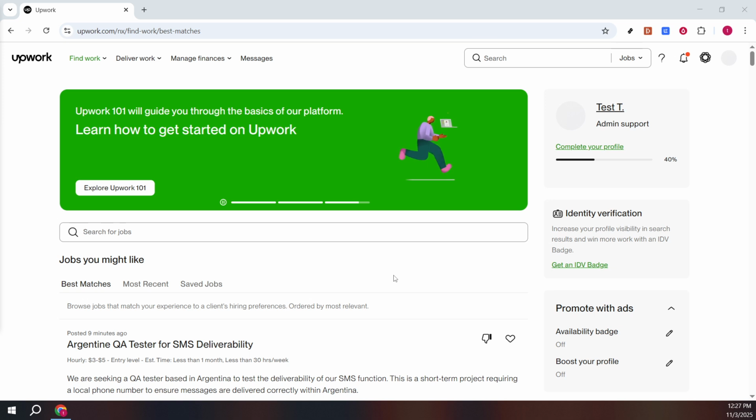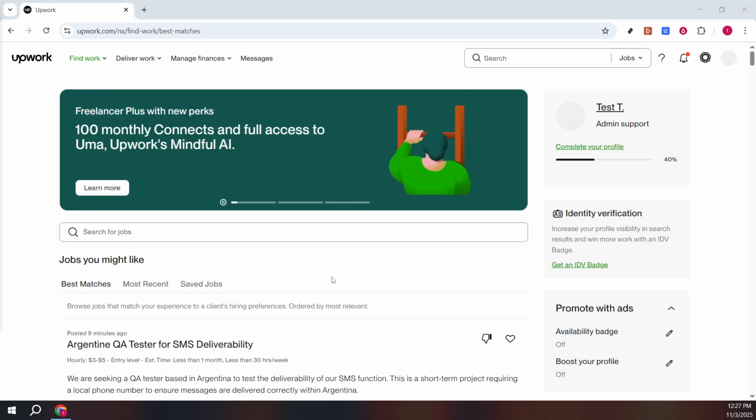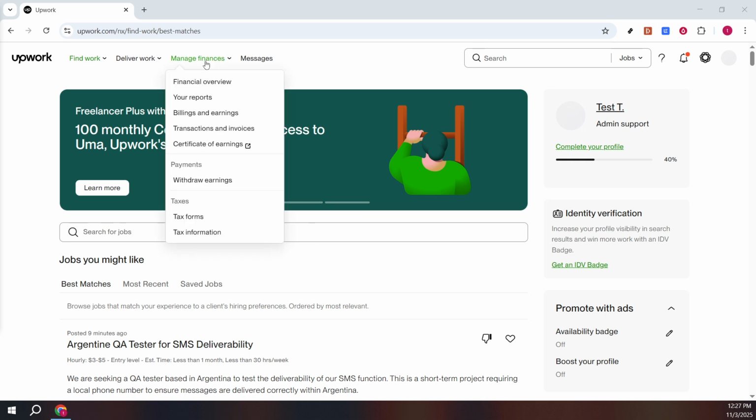Let's dive in. First things first, open your preferred web browser and navigate to the Upwork homepage. Once you're there, you'll see several options on the top menu. You need to locate and click on the Manage Finances option. This section is essentially your financial dashboard on Upwork, where you manage everything related to your earnings and how you